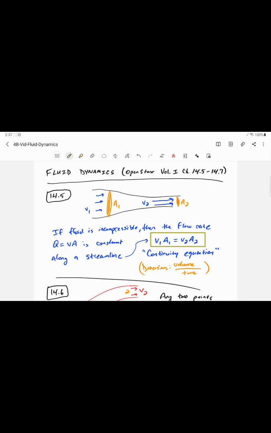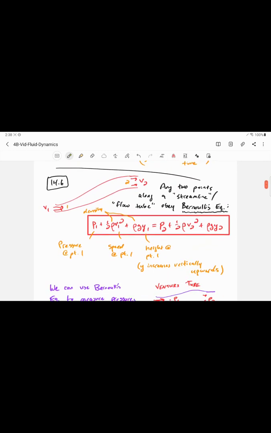There are closely related things. If this is the volume flow rate, you can also talk about the mass flow rate, rho times V times A. So this would be kilograms per unit time. In the case of a compressible fluid, you would probably have a continuity equation involving this: rho1 V1 A1 equals rho2 V2 A2. But mass still wouldn't, in the steady state, build up right there indefinitely. Okay,